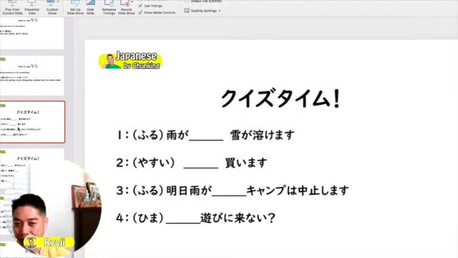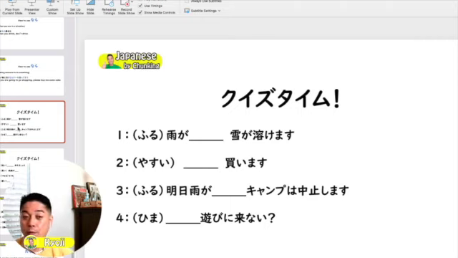Question number 3. 降る。Okay, so this is the same one as number 1. 明日雨がキャンプは中止します。Question number 4. 暇。So 暇 means free. Like when you're free, when you have a lot of time. That's 暇. Or when you're bored. 遊びに来ない？